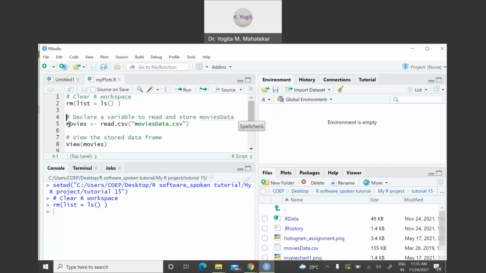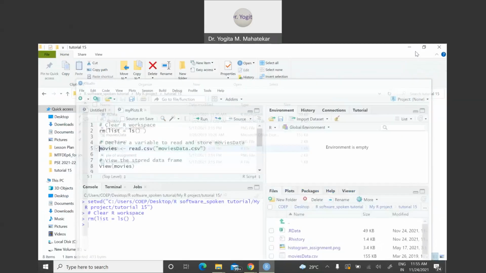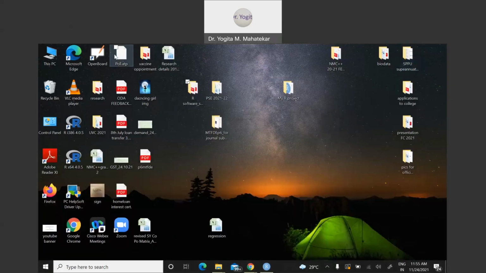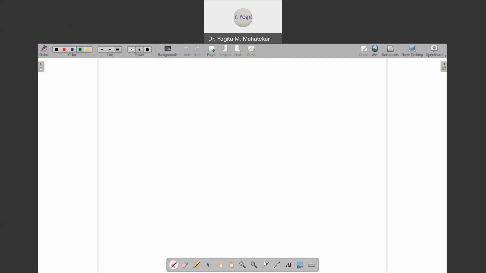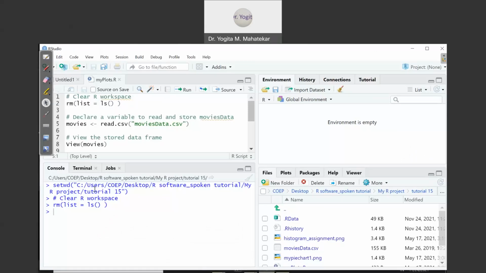So let us read the CSV file with this command. For the time being, I just want to take the pointer from the software. At the same time, I will go to RStudio, and I'm just showing you this command.